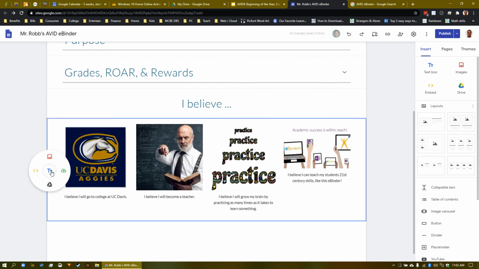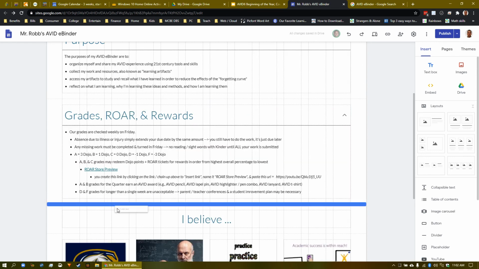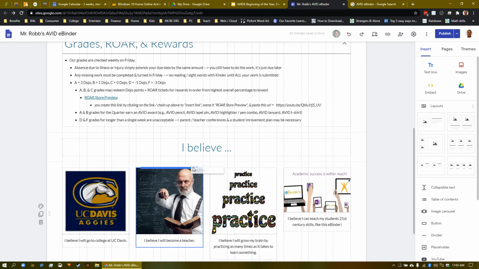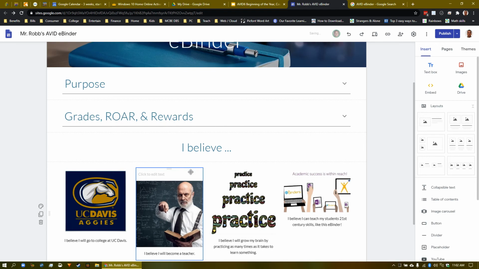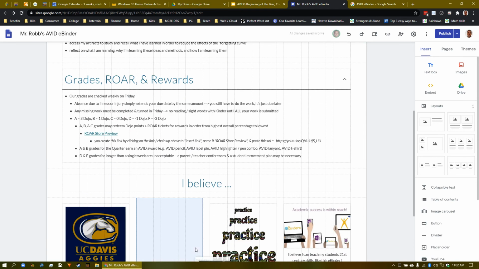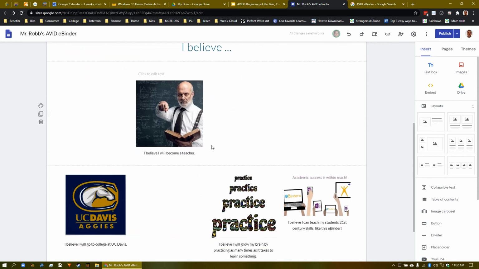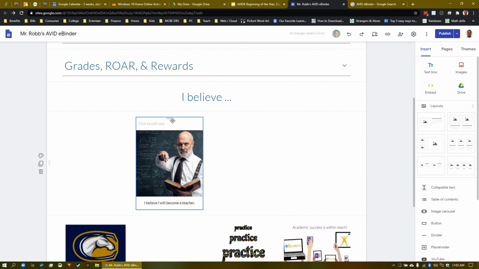So we had to double click those dots to add text. We had to click and hold to drag this up onto the top of these. If I do it to the top of a picture, it adds it to the picture. I have to drag it, and I have to go up and down, and I have to drag it on top of that whole section. You see how the blue bar goes all the way across, and then when I drop it there, it will work. Okay? If I mess up, I can always just come up here and click this little reverse arrow to